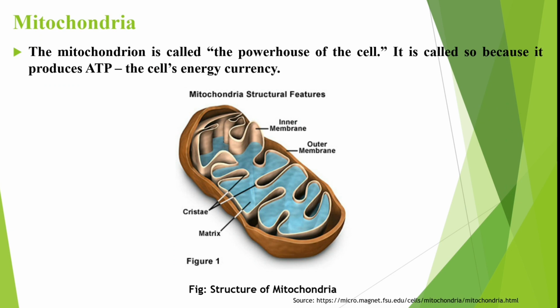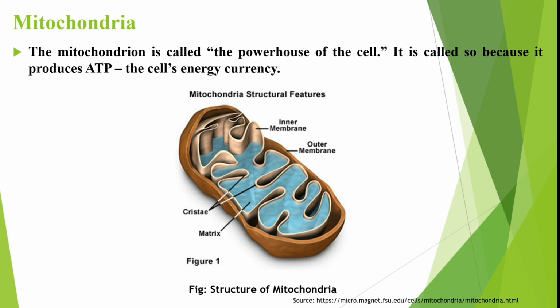Then mitochondria. Mitochondria is known as the powerhouse of the cell. It is called so because it produces adenosine triphosphate. It produces the energy, it supplies the energy. Why is it called the powerhouse of the cell? Because the process of respiration